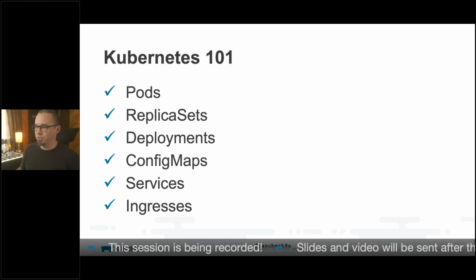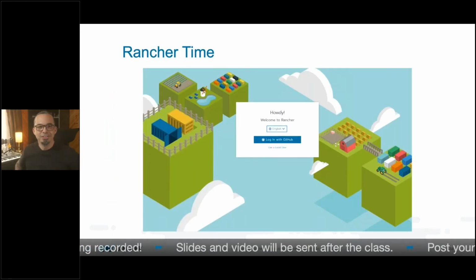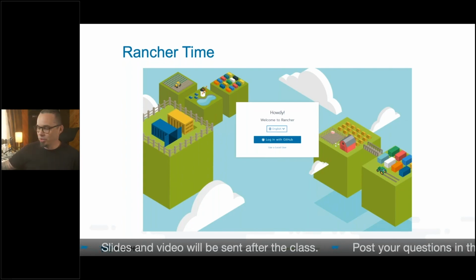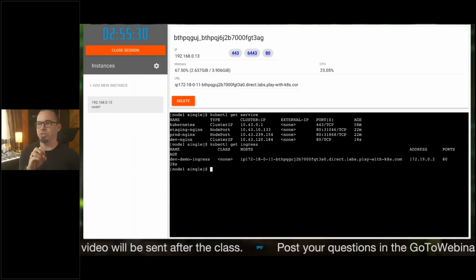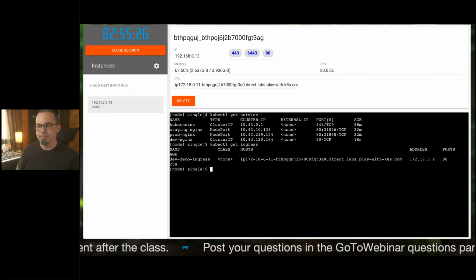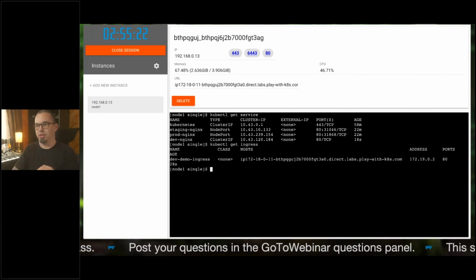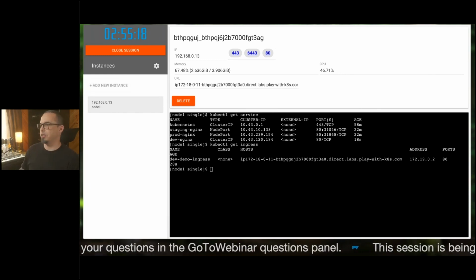The Rancher portion of this, from a slides perspective, is pretty funny. It says, Rancher. Now, here, once again, I have deviated from my normal routine. Normally, at this point, I would install Rancher and I would show it to you. Today, you're going to install Rancher yourself, hopefully. So what I need you to do is, in that labs document that Paul is already way ahead of us on,